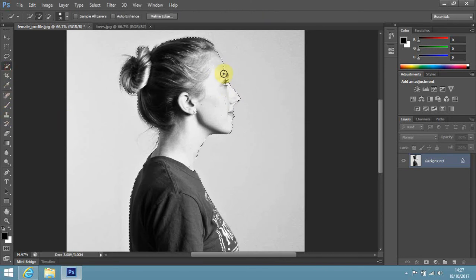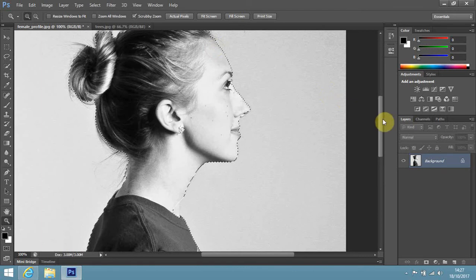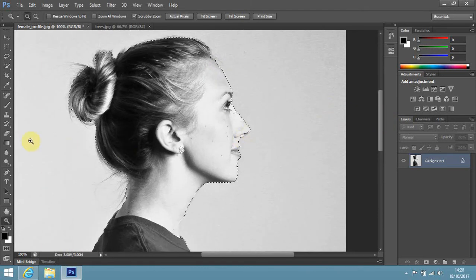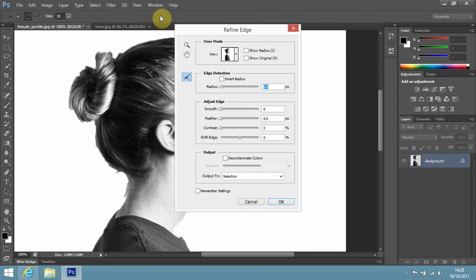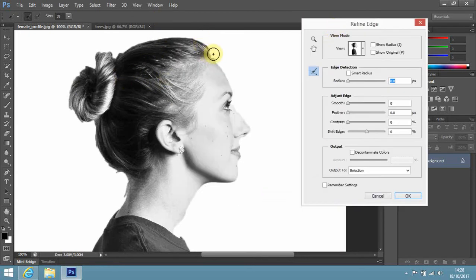Use the Quick Selection tool just to pick these bits out, zoom in further, make sure you're getting all the edges of the figure and you're not missing anything out. There's a weird bit of nose missed there. Quick Selection tool rather, and just pick that up, and then refine the edges, and that will allow you to sort out the hairline here. You can change the size of this brush, that's about right, and just run it along the edge next to the hair, and it'll start to pick out all those bits that you couldn't get when you first